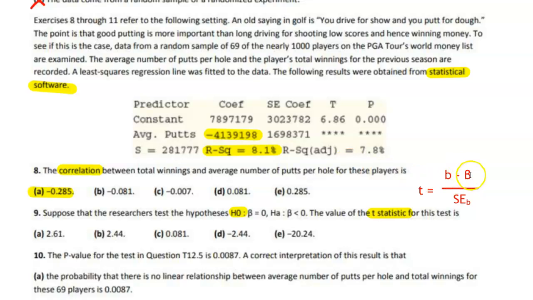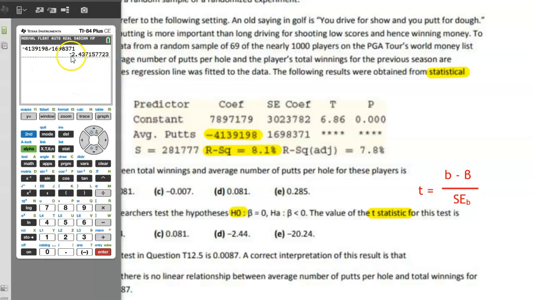And then the capital beta should be the beta keyed into that null hypothesis. In other words, we're subtracting 0, so we don't really have to write that out. The standard error of the slope is going to be that standard error coefficient of average putts, just like we did from the last problem. That's 1,698,371. Wow, that seems like a lot. So we're going to take this number divided by this number. Pretty straightforward. And we get our value of negative